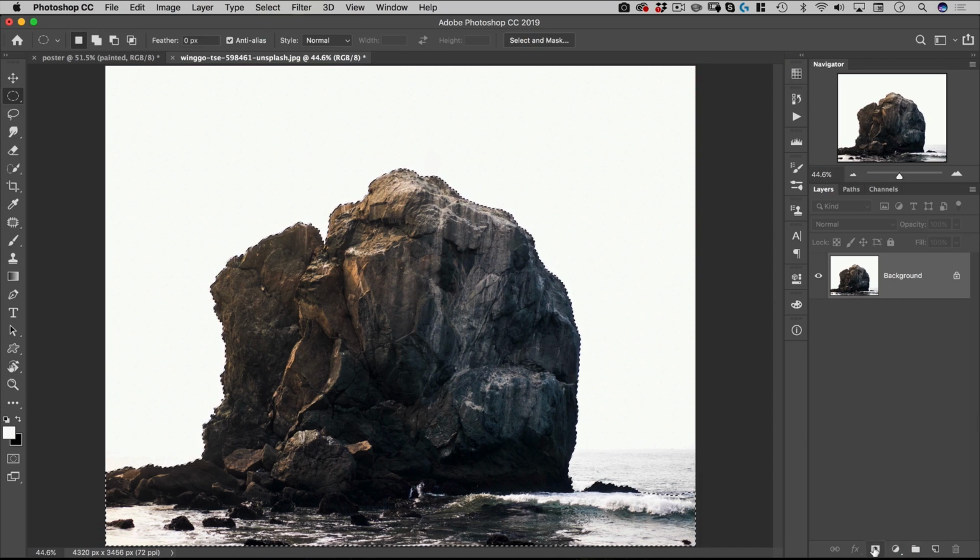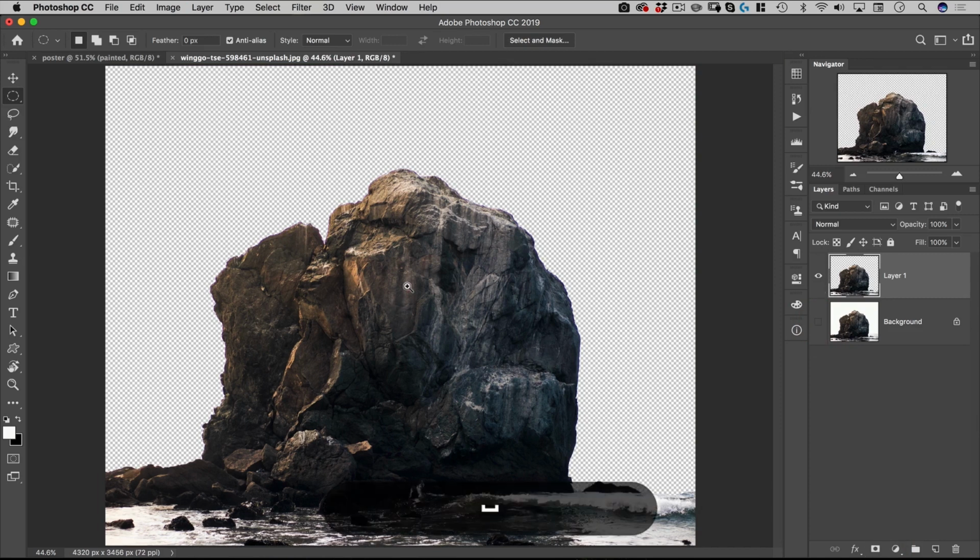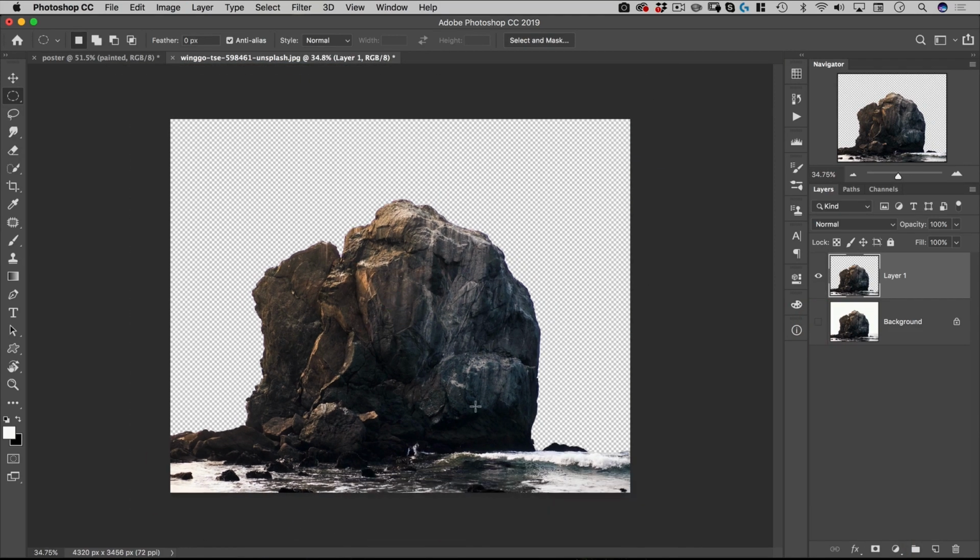And now what we can do is do Command J, and that's going to make a new layer from our selection there that just has the rock. I don't care so much about having this background here. We're not going to use it, so I don't really care about it that much. But just for the sake of transforming, what I might do is just cut out the part that I will use. So here,